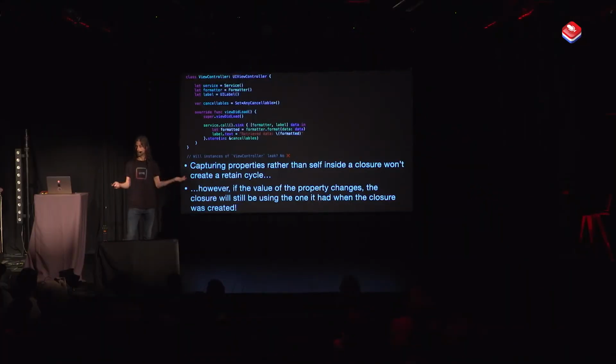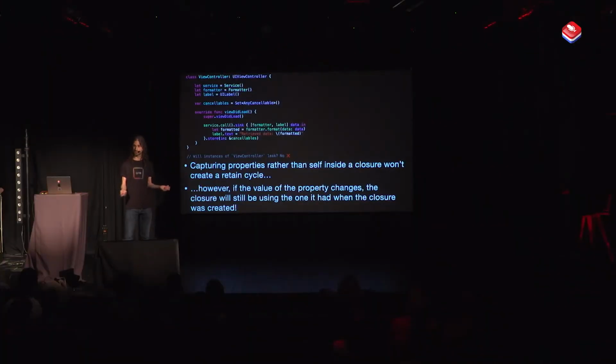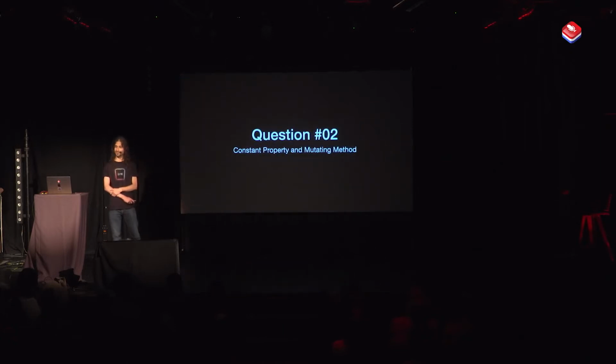Please also note that if at a later time the let gets turned into a var, you won't be warned by the compiler that the closure has now become unsafe. So it can be a nice trick sometimes if weak self is becoming annoying, but it's a double-edged sword, so use carefully, no refunds. Let's move on to the second question, which is about constant properties and mutating methods and